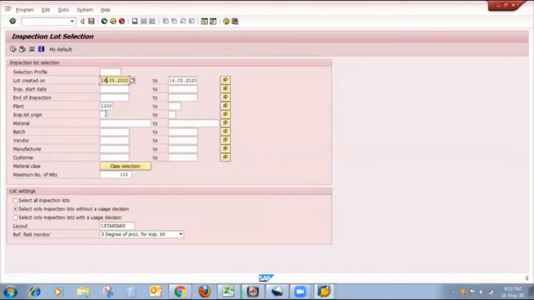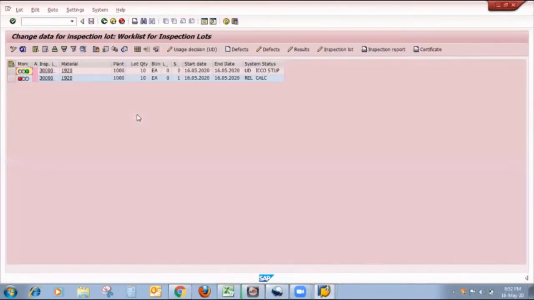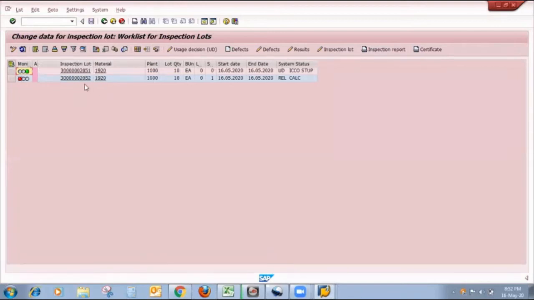Here I put lot origin, and I will execute. Okay. So my inspection lot 2052 is generated and the status is release CLC.